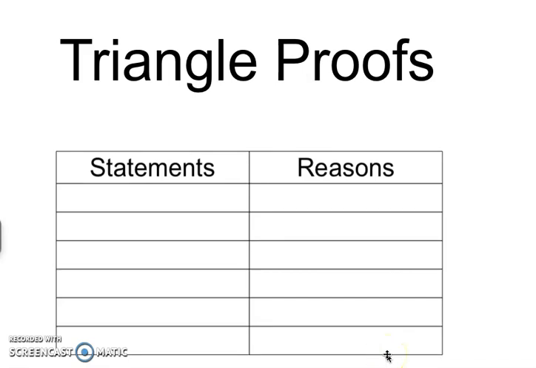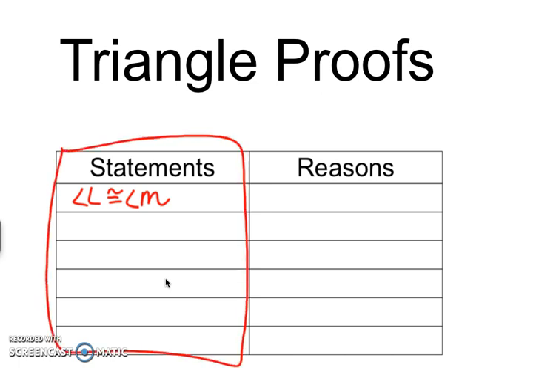All right, so in this video, we're going to be doing triangle proofs, and they're called two-column proofs because you have two columns, okay? Statements are going to go on the left side of the column, and statements are like congruent statements. So like angle L is congruent to angle M, okay? We're going to learn about reasons in a second, but congruent statements are going to go on this side, and then this is just the justification,